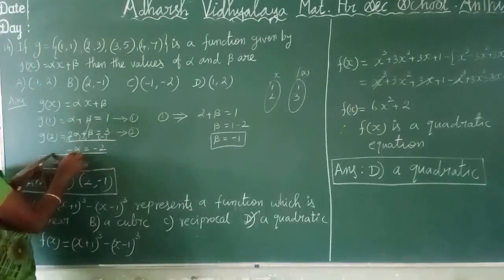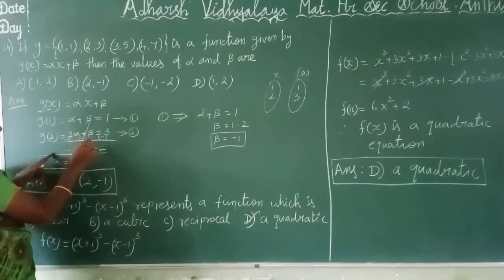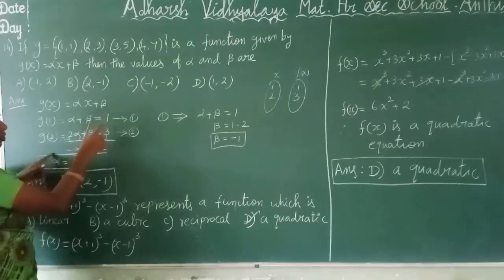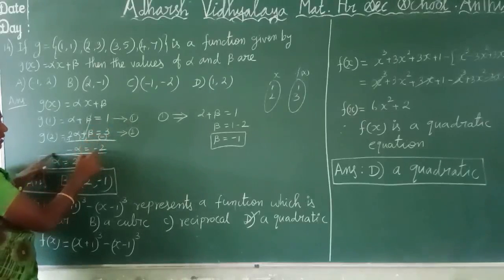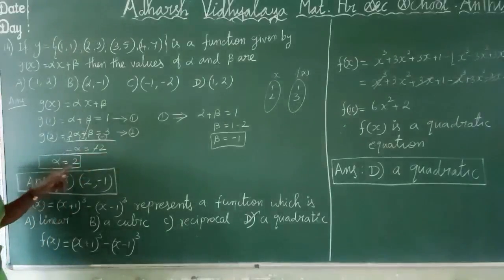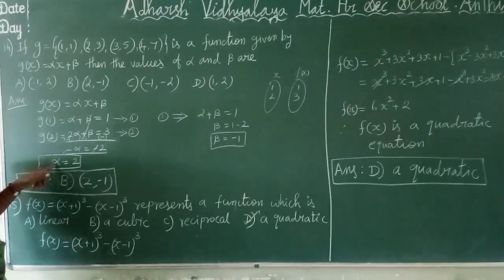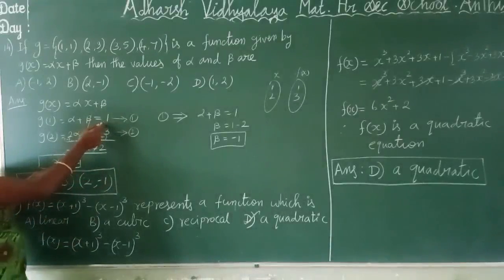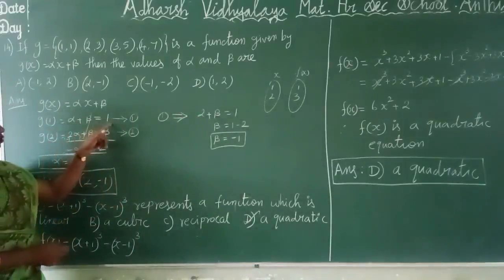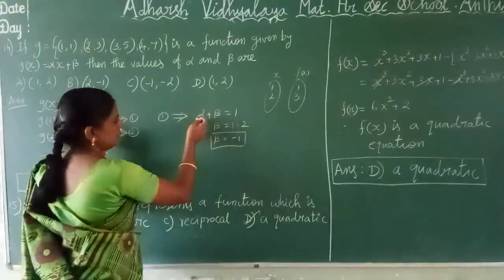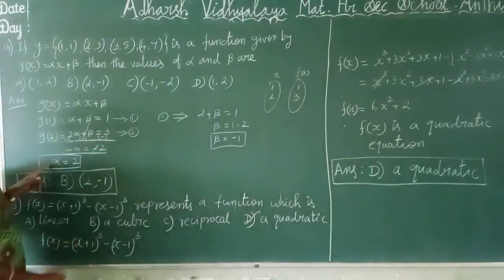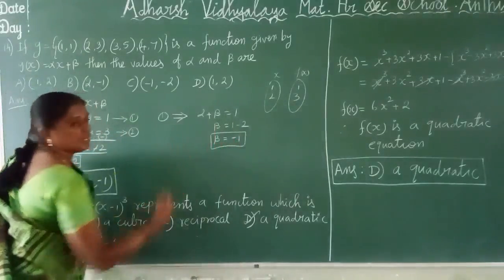So here subtract, change the sign: minus, minus, minus. So alpha minus 2 alpha, that is minus alpha, is equal to 1 minus 3, the answer is minus 2. Both sides the minus signs cancel. Therefore alpha is equal to 2. Substitute this alpha value in equation 1. What do we get? 2 plus beta is equal to 1. So beta is equal to 1 minus 2, that is minus 1. Alpha answer 2, beta answer minus 1.